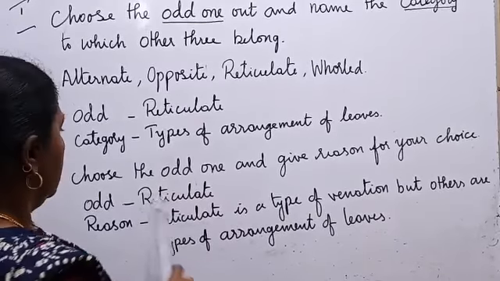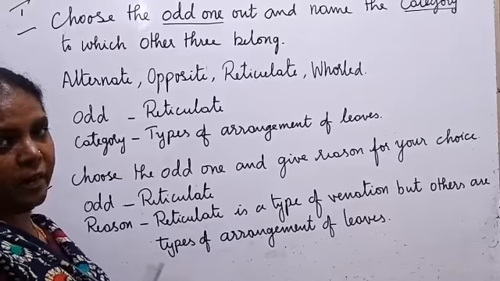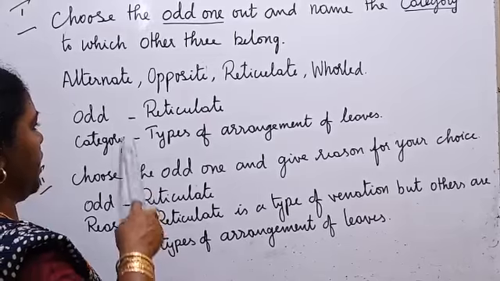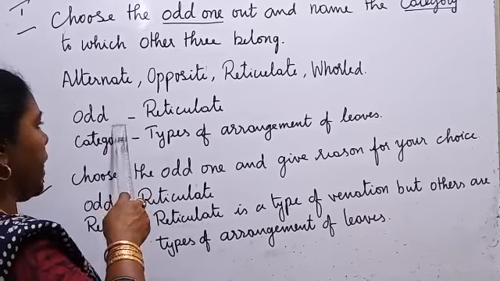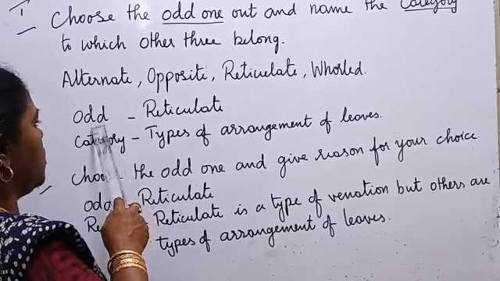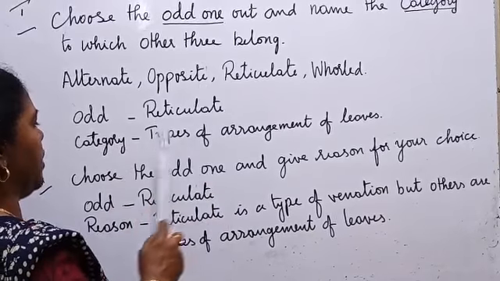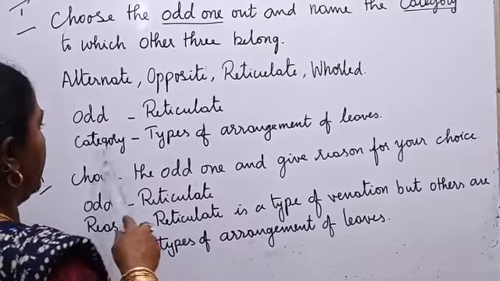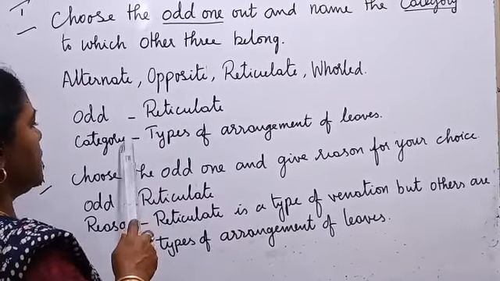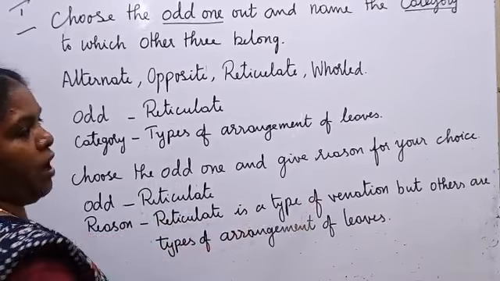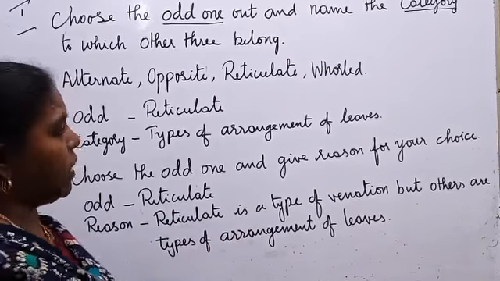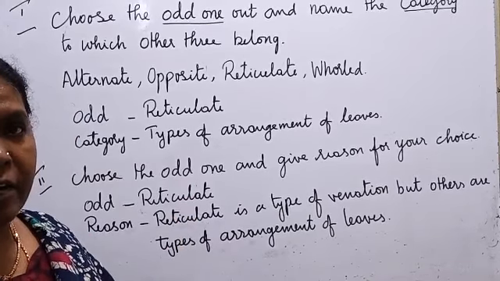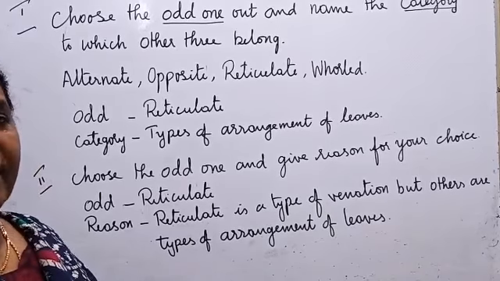Understood? So this is how you should attend your answer in the online test. 9th and 10th students, you should attend this test like this only. You must type odd one space hyphen space then the odd one here, right? For the next line, if you press enter, you will come to the next line. Category space hyphen space and the category at the end. Okay? It will not come under short answer type; it will come under paragraph answer in the online test. Okay? So see that and attend carefully.